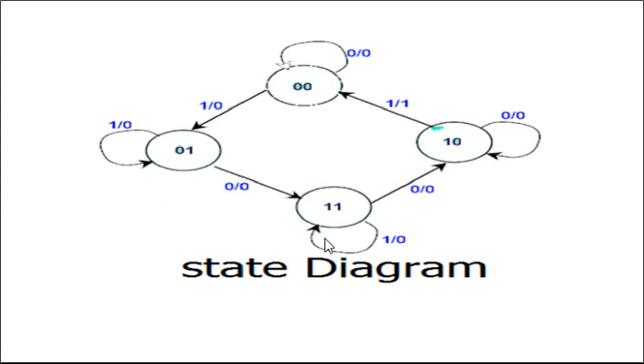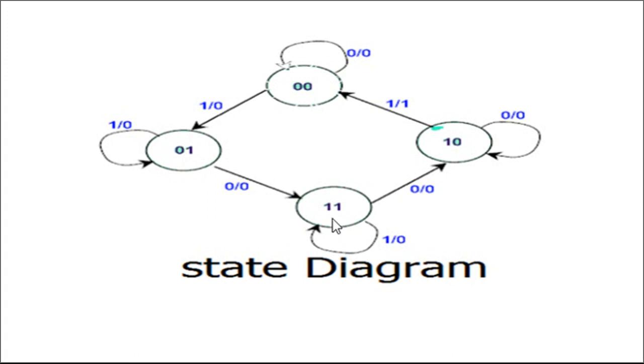See how we can read this. Okay, this 1 1 is nothing but your present state, encircled. Then whenever the input is 1, and by this we define the output. Input by output. After this input, what is the output is defined, right? See how we can read this state diagram. Whenever present state is 1 1 and input is 1, at that time the direction indicates the next state is again 1 1 and output is 0.